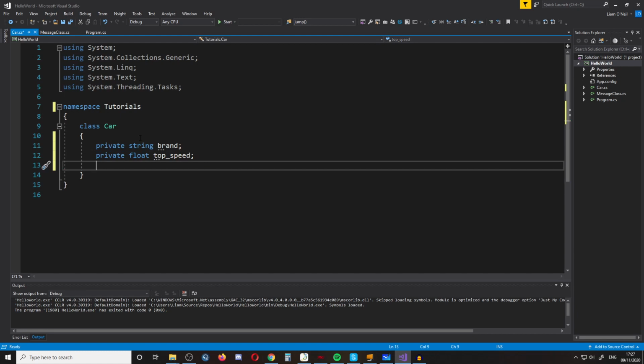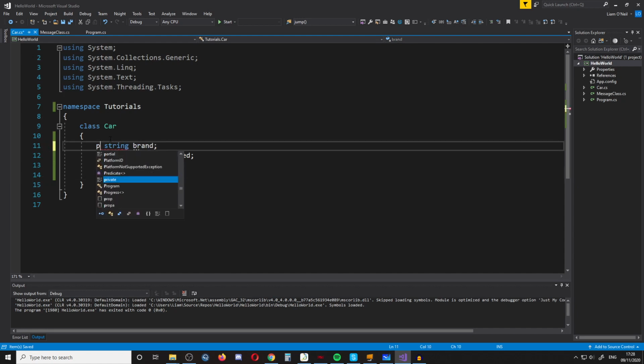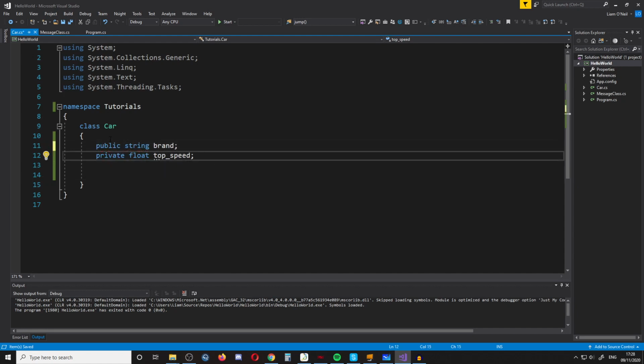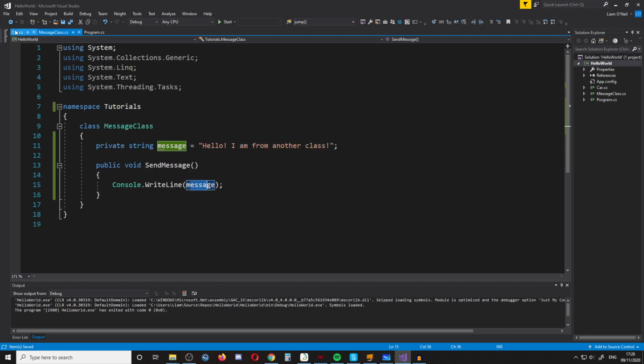And so on. You can think of all the information we could have, and then what we can do, in fact, I'll just make these public just so we can quickly change them, as it's a bit more convenient for now. We'll cover more on how to handle private and public in another video as well. But yes, say you've got a car class here. Now what we could do is say,